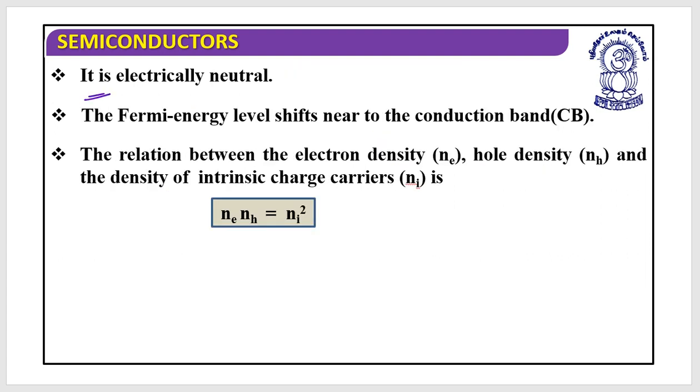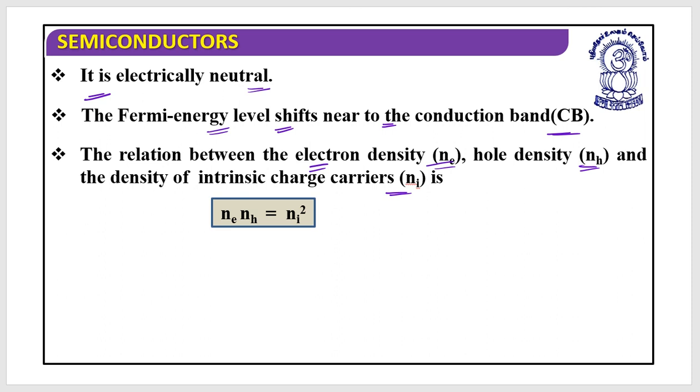And again, this n-type material is electrically neutral, and in this case the Fermi energy level shifts near to the conduction band. The relation between the electron density and the hole density and the density of the intrinsic charge carriers